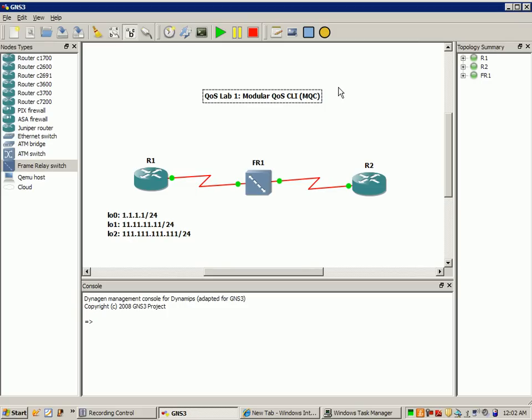What the MQC allows us to do is apply multiple types of policies within the same interface,